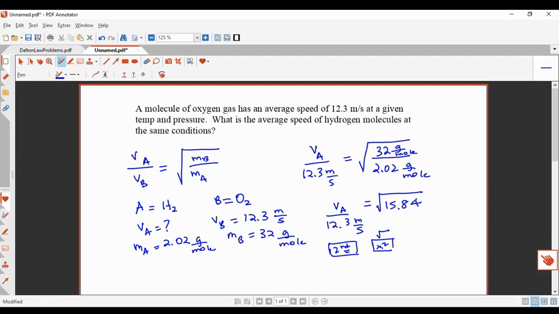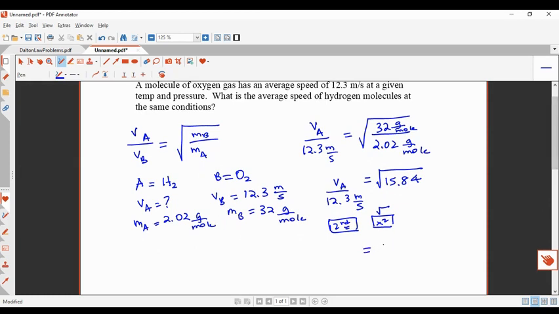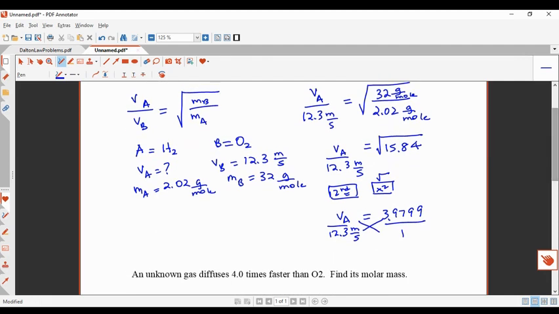But for me, I'm going to do 15.84 and then second and then x squared, and I'm going to get 3.9799 is VA over 12.3 meters per second. And when I cross multiply, 3.9799 times 12.3 gives me